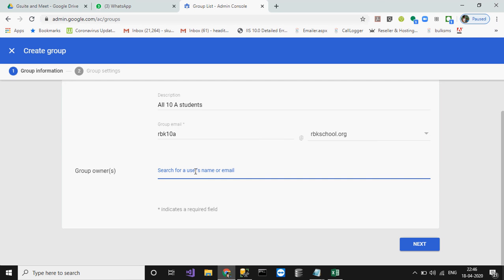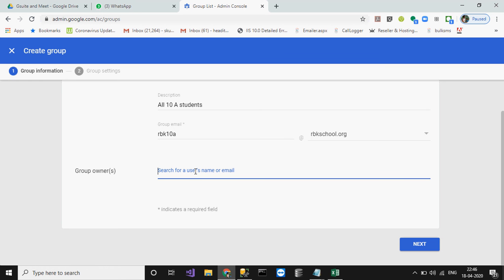The group owner should be the email which is maintained for the classes. Here I am using 10 either at rbkschool.org, which is a class email ID. That class ID has all divisions' events in the same calendar.